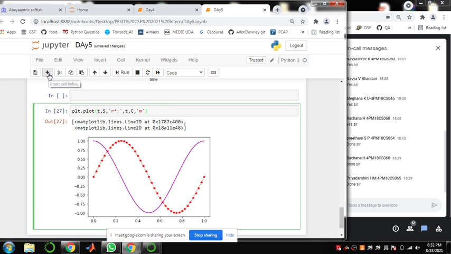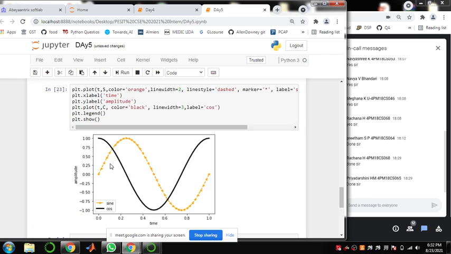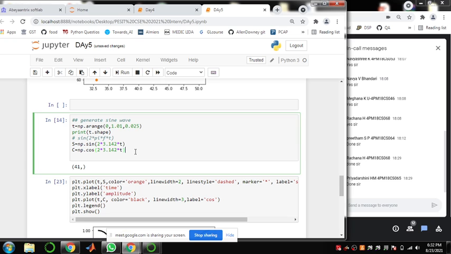Okay, moving on to the next example. So I'm taking the same data.